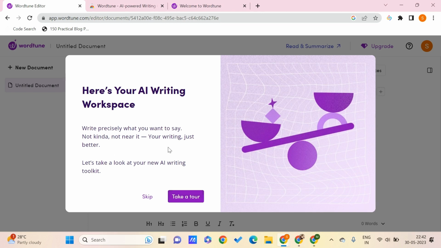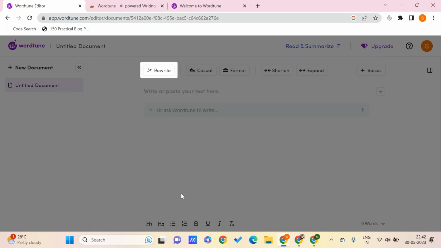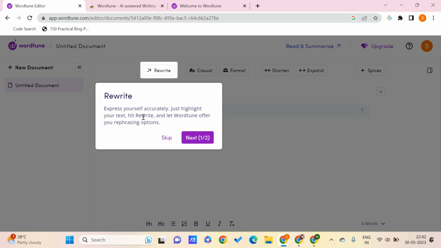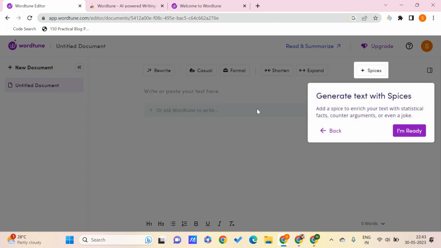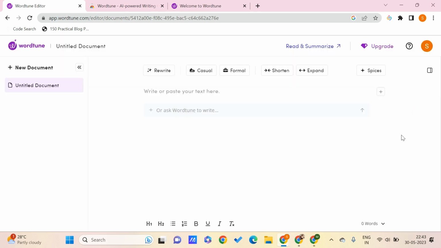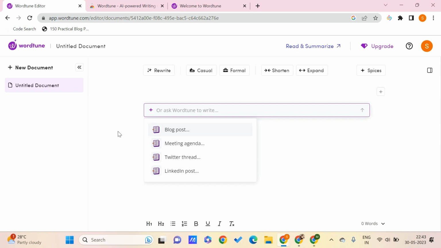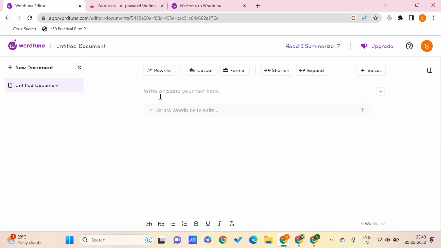Here we can see that we have this AI writing workspace. Then we can have a look at things like we can express ourselves, and we can just highlight the text, and we can ask it to rephrase it or rewrite it for us. And then we even have this spices one, which adds a spice to enrich your text with statistical facts and all. So once we are done with this, now we can just paste our text over here,